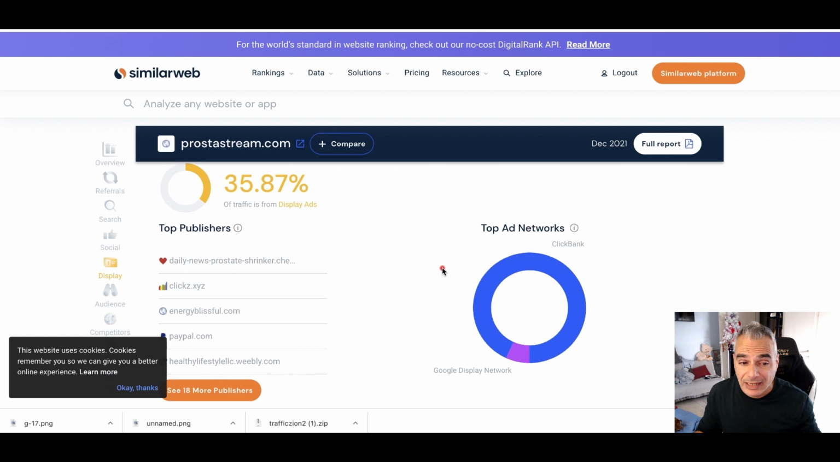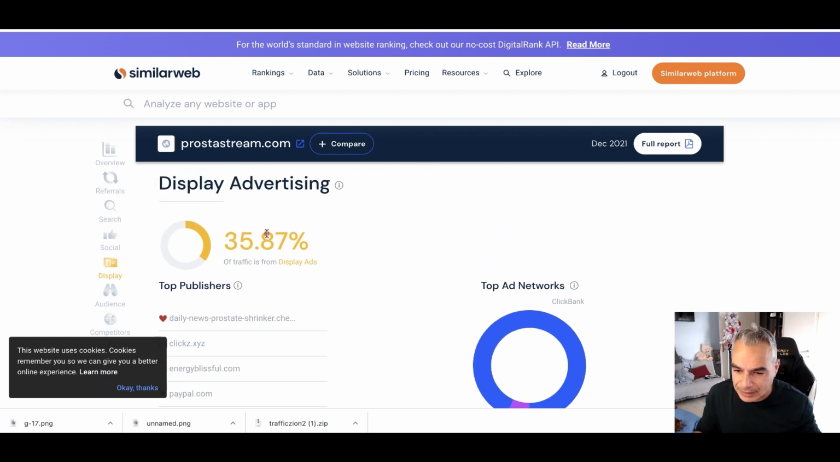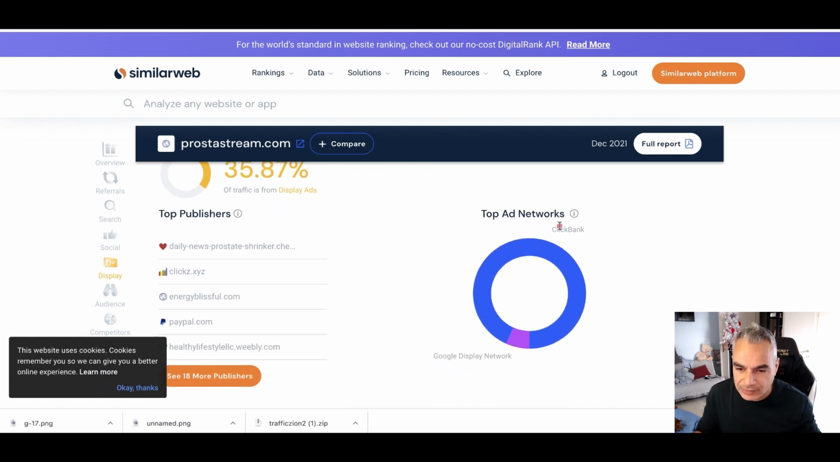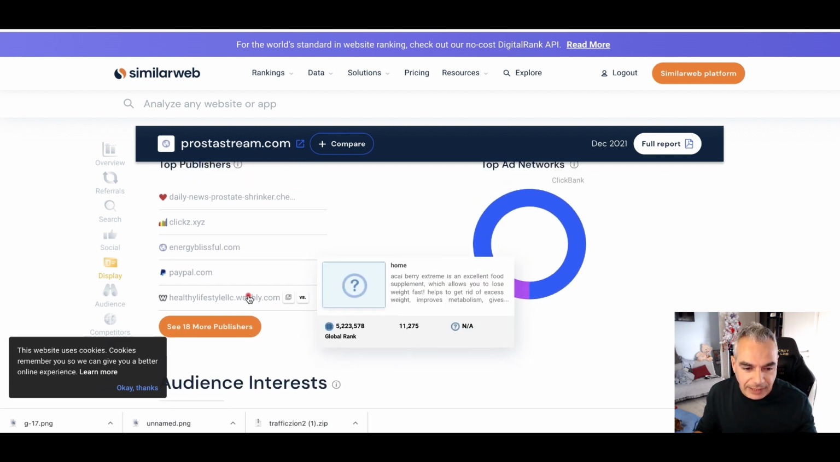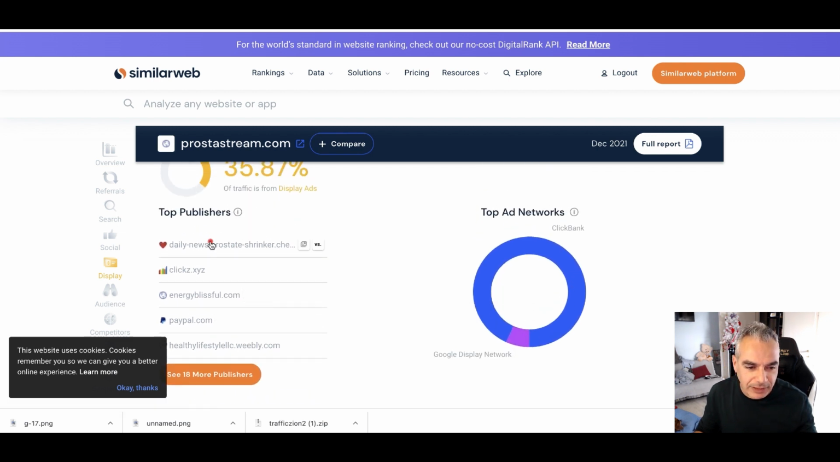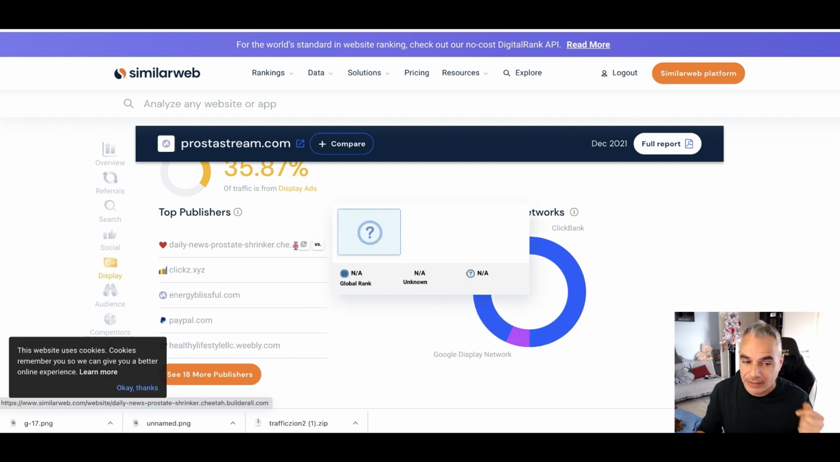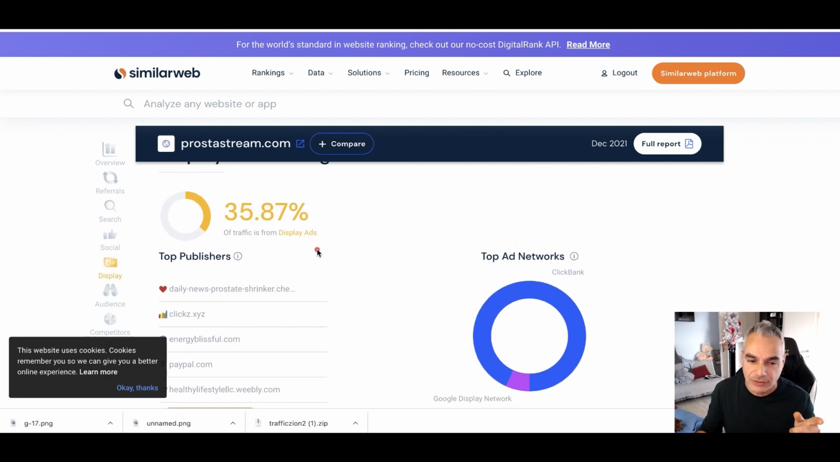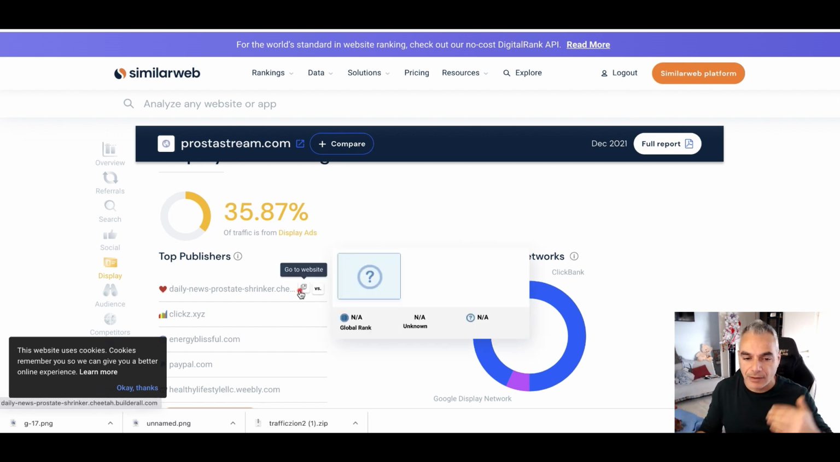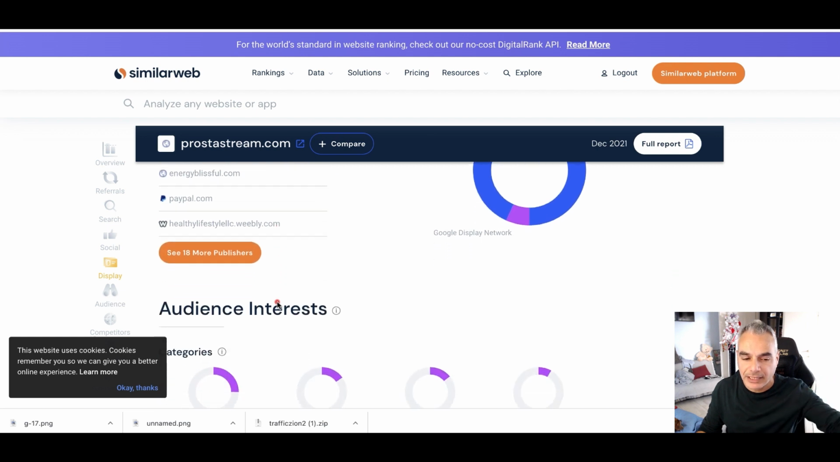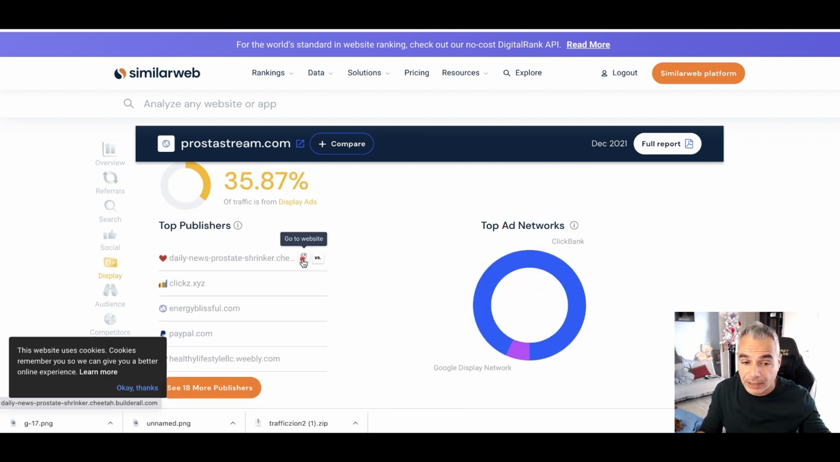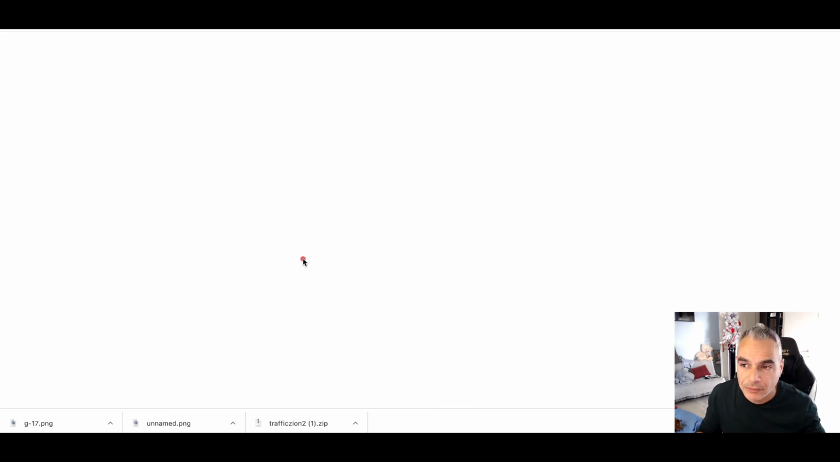Now we can see that there's display advertising happening. What's great is that we can see the top ad network is Clickbank. And from these sites right here, you might be able to find something that could be valuable. These are the publishers that are creating ads. For them to create a display ad, they either take them to a direct link or through their own page. So if I click on go to their website,